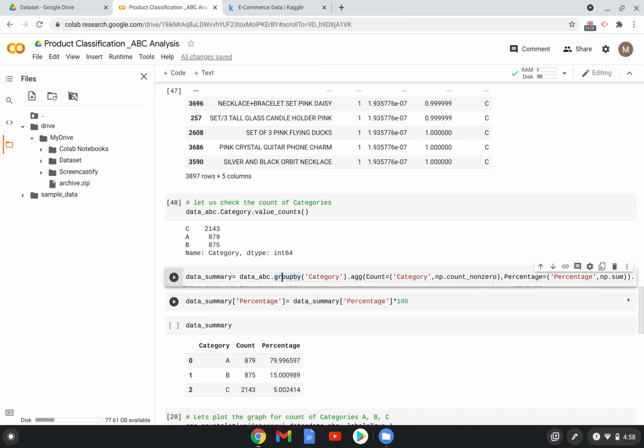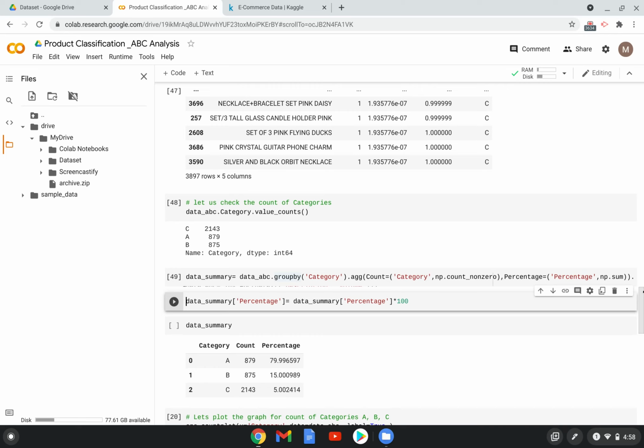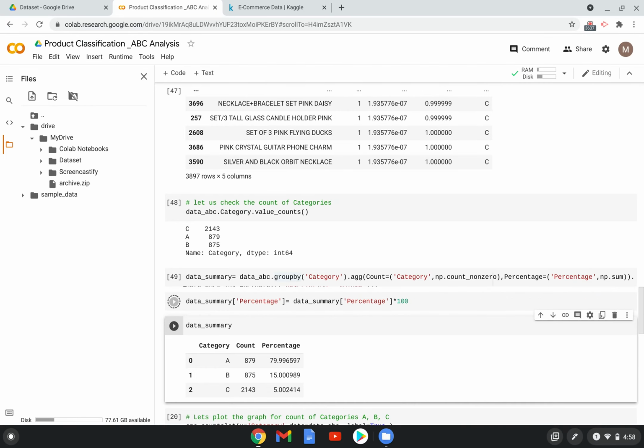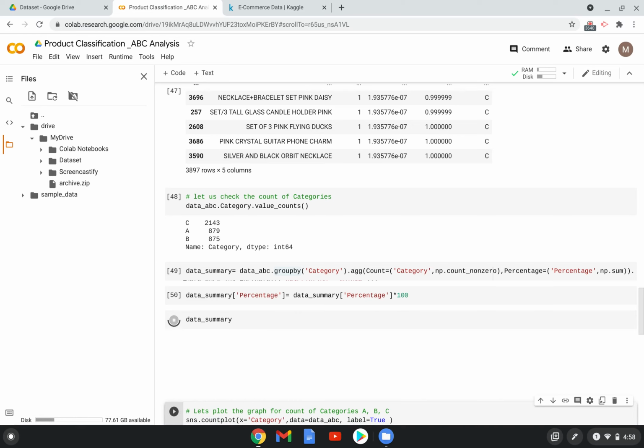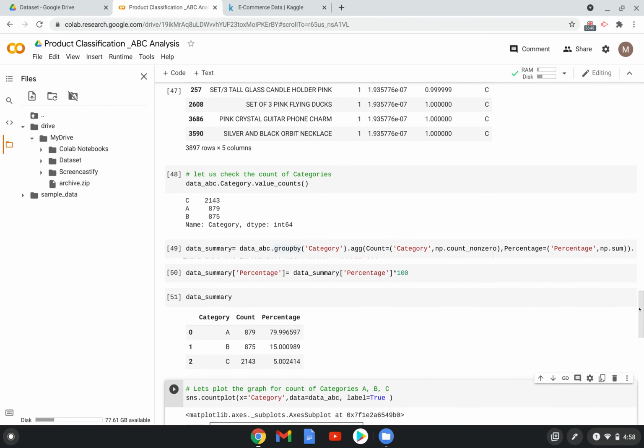Here let's do some summary of the data. We are checking the volume share of A class items. You can see it is close to 80 percentage. But if you look at the count, this is less than 20 percentage.